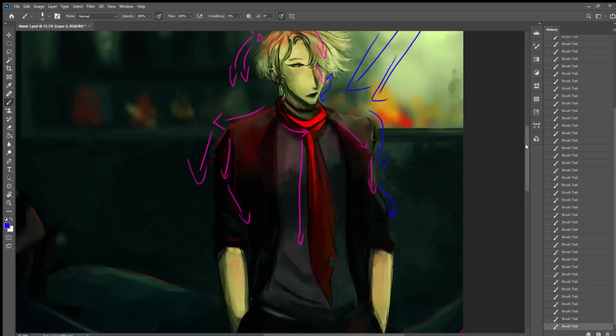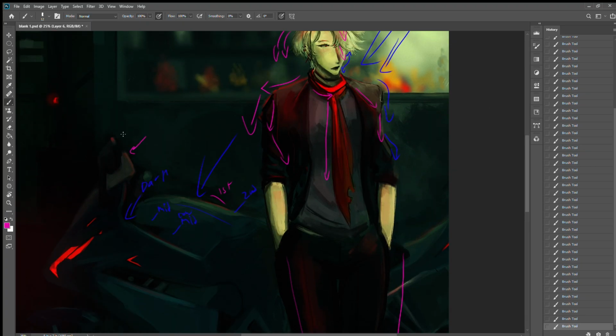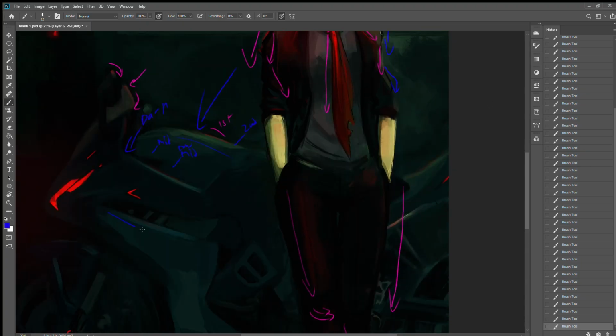And then the secondary light gives more highlight on not just the character but also on the bike,